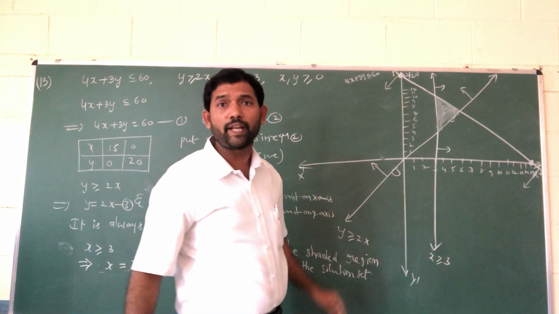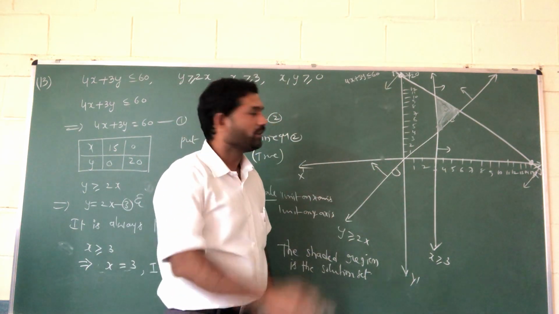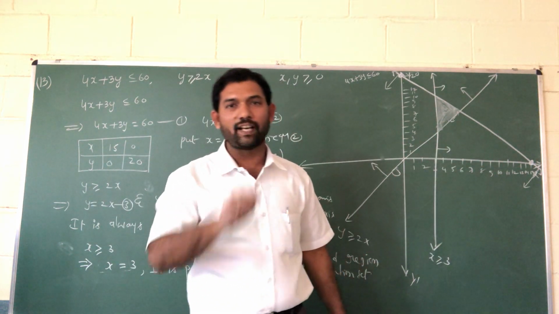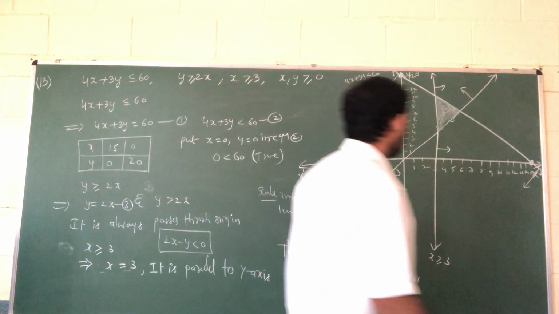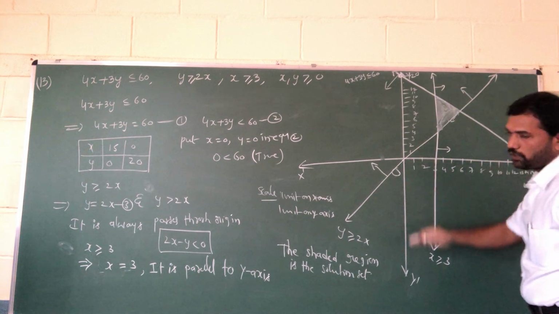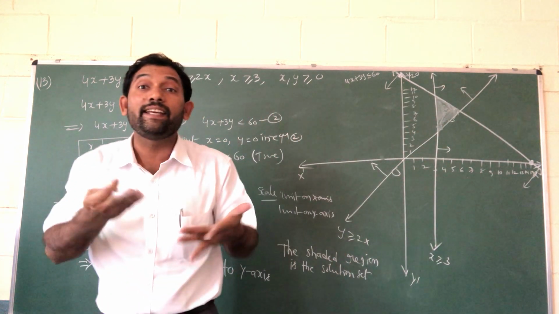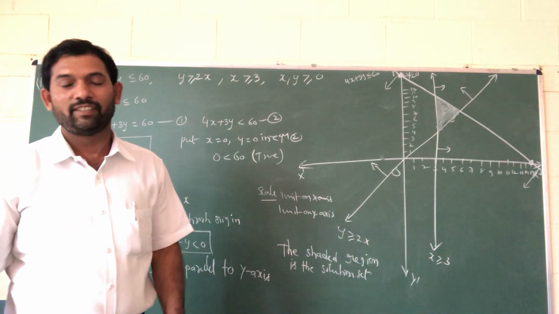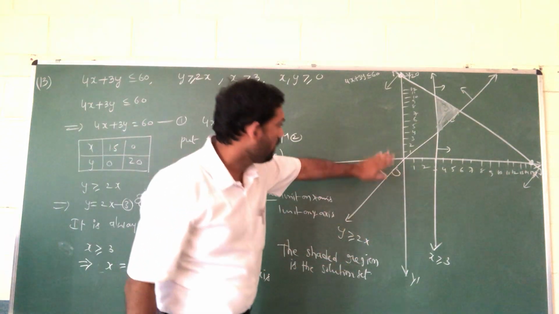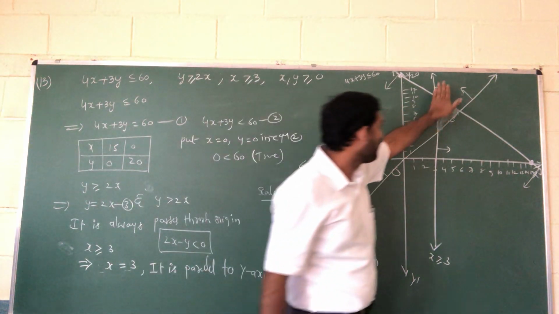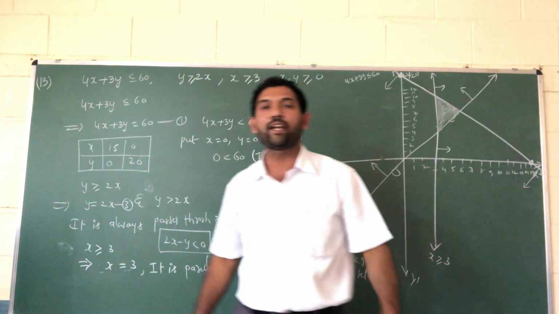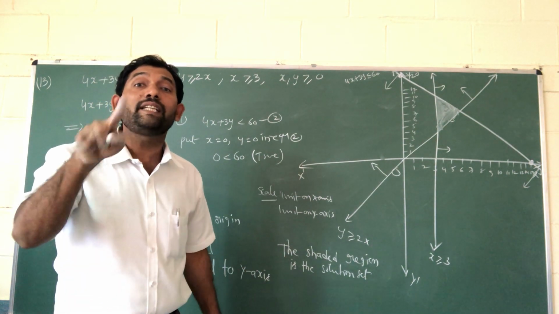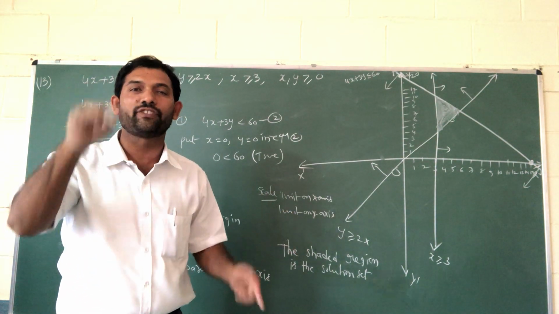Line above, so you take one color. Okay na? Next, this side you take a second color. Next one, this down you take another. Means three colors, where they intersect, that is our common area you should take. So three different colors you have to follow. For each curve you have to take one color and you have to shade it. So where the three colors intersect, that is our solution set.